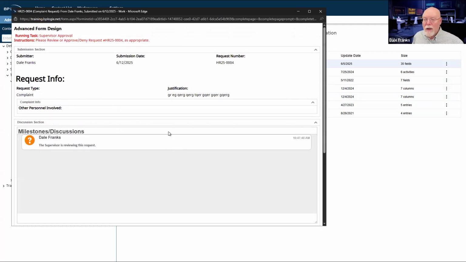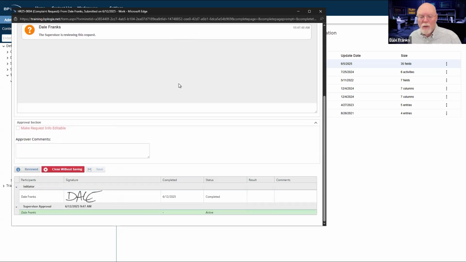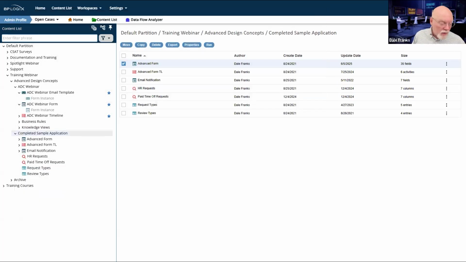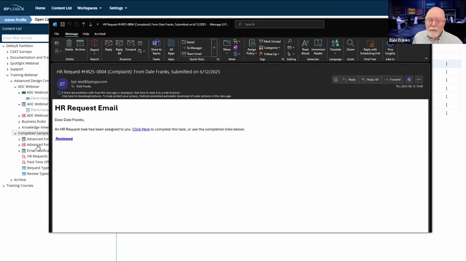Now note, I'm looking at the form here. And if I click on the link in the email, this is what it's going to open up for me, this form, so that I can review the entire request and complete it. But what the email result links enable me to do, should you use them, now we saw on the form, my one possible result is reviewed.